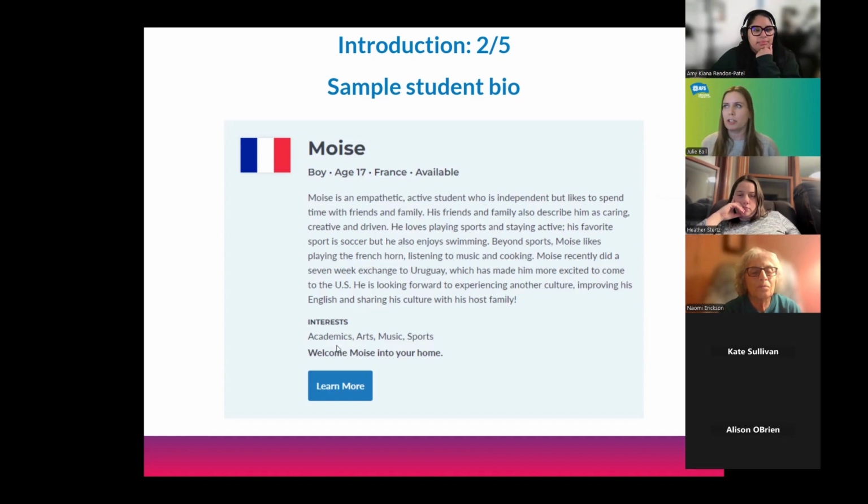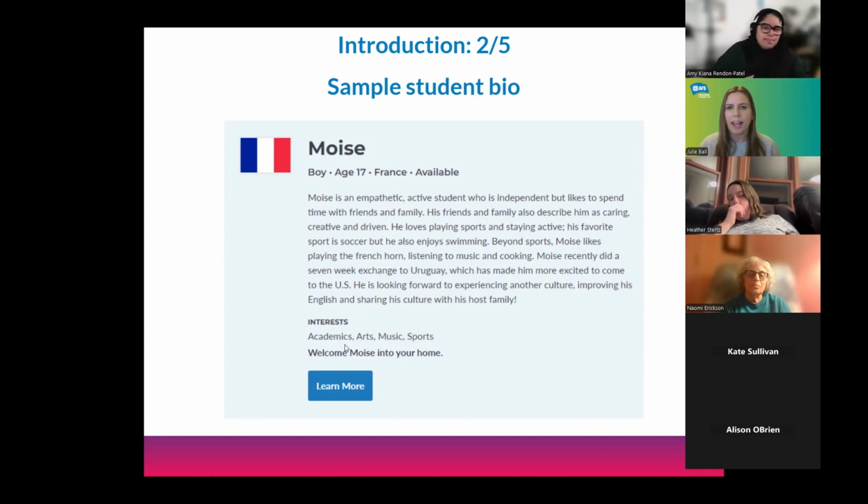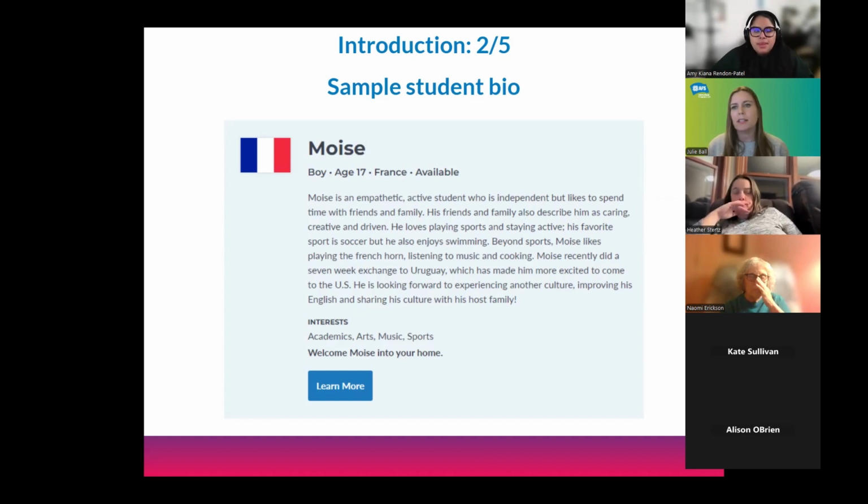But you'll also notice that there's some interests here. This is a roll-up of interests that are pulled from the student's tags. So when you're writing the bio, you'll be able to add certain tags to the student based on their hobbies, or things that they're interested in, or things about the student like their dietary preferences, etc. And again, this is really to capture someone's interest so that they can fill out a form and learn more. Maybe not necessarily about this specific student, but this allows us to send them students that are maybe similar to this student as well. We are the experts, so we like to say that we'll be able to match students and families really well.